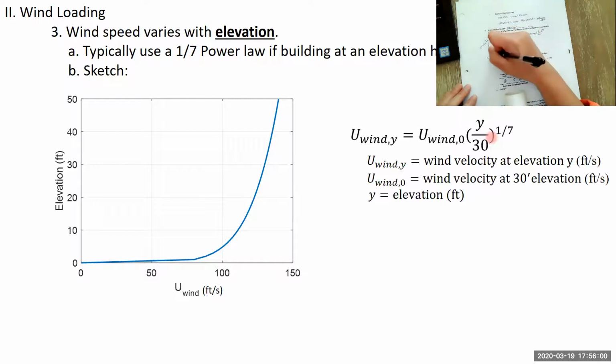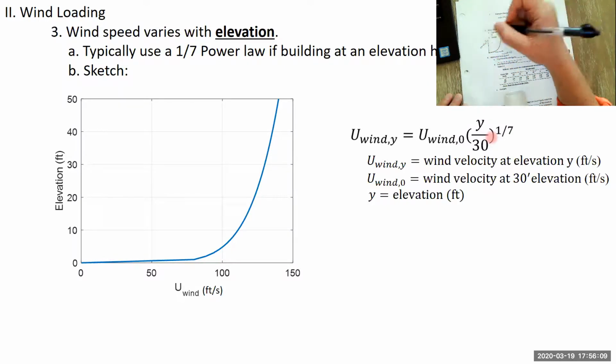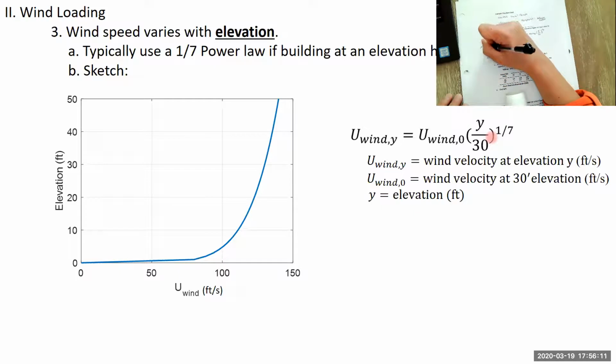And so at 0, I'll have 0 wind velocity. That kind of goes with that no slip condition. And then that'll increase to the 1/7, which looks like this. Again, if I have 30 feet and I read over to find my wind velocity, that's going to be U naught